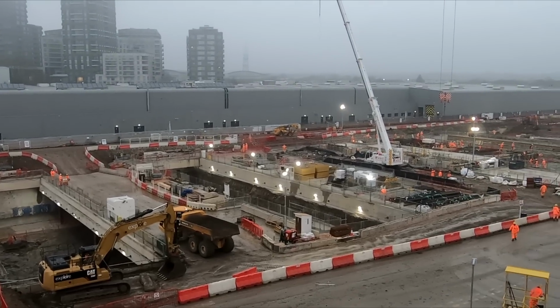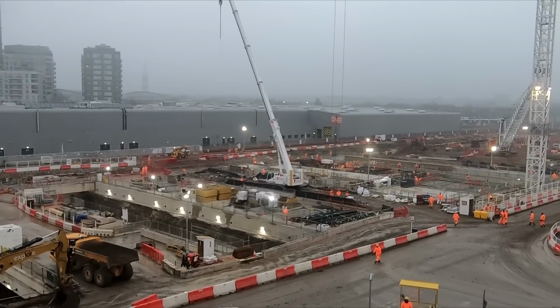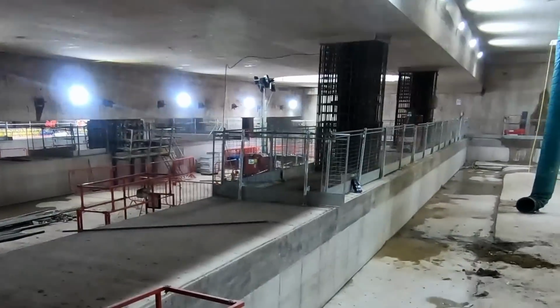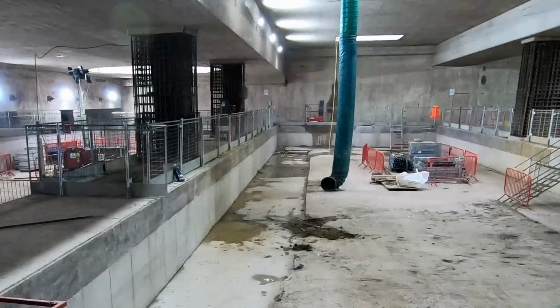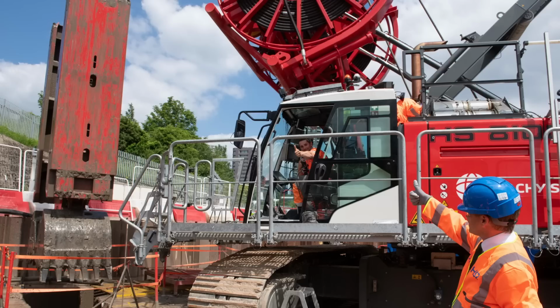The diaphragm wall, which surrounds the station box, which is 850 metres long, 70 metres wide and will eventually be 15 metres deep, is around 95% complete. The panels of the wall, which have been constructed to a depth of 30 metres, have been constructed one concrete panel at a time by a machine which uses a clamshell bucket to excavate straight down. I don't have any footage of one in action, but here's an image to give you an idea of what